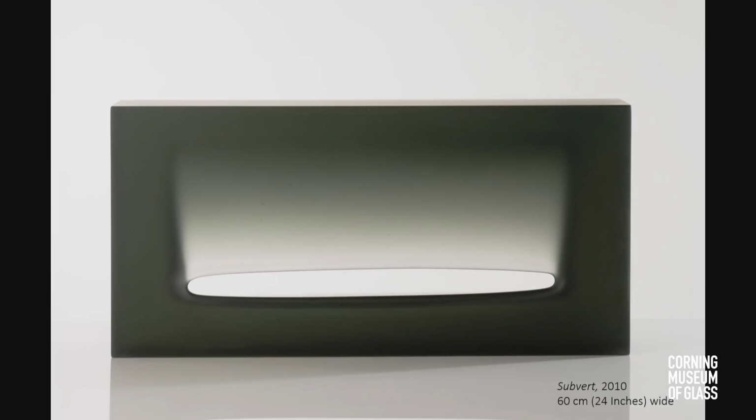So this is the kind of cast glass that I make. And this is a block of rectilinear glass. And I'm really interested in the properties of glass, the transparency, and how light comes through the material. So here, the void, the actual hole that's in the glass, is the compositional element for the work. So I start with a form that will actually become a hole in the glass, and I'm interested in how the light moves through that form and creates this